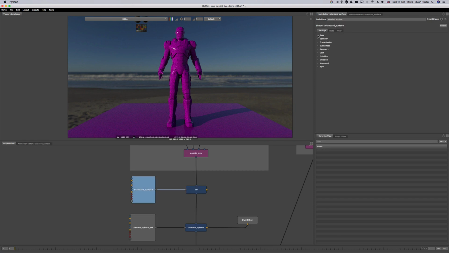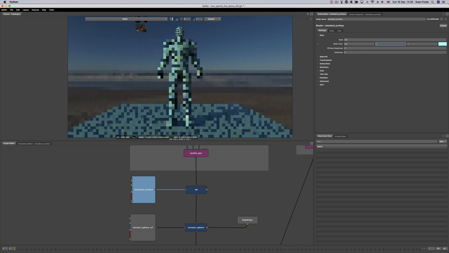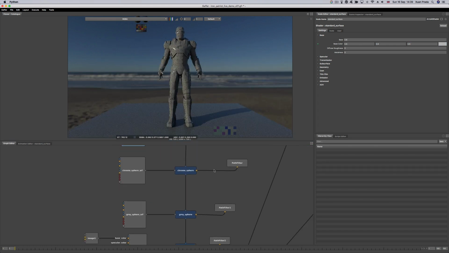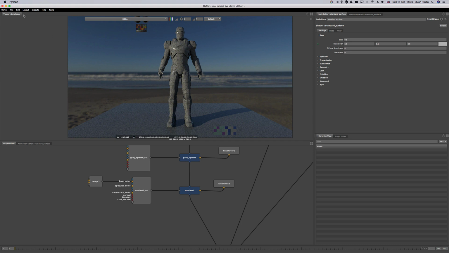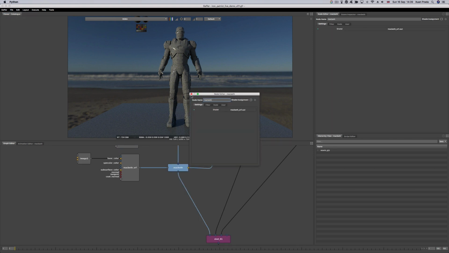All right, so I'm going to change this material, which is this pink color. I'm going to use something more like a gray color. This is going to be my plane, the grid that I have here. I'm going to save this, and I'm going to do my latest shader assignment, which is going to be a shader for